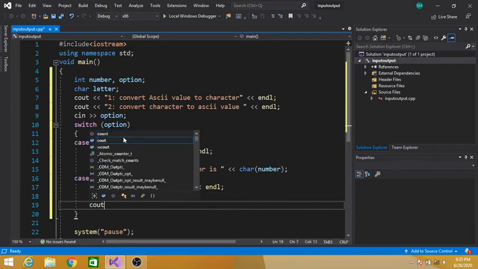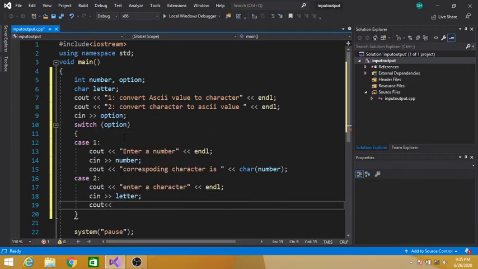Cout ASCII value of character is, maybe some space here.